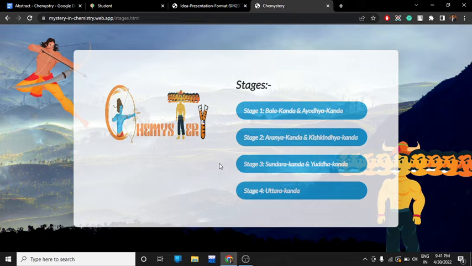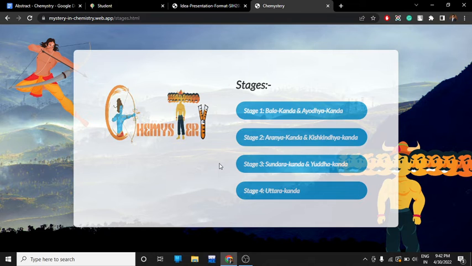Also, as we are moving towards the virtual world, we are integrating an option of a live video conferencing website in the game itself. We know in the Mahabharata Sanjay had Divya Drishti. In the same way, students and teachers will be able to connect on the same gaming platform, so that the teacher can check the progress of the student, and if the student has any live doubt, it will be cleared. So this is how our game works.